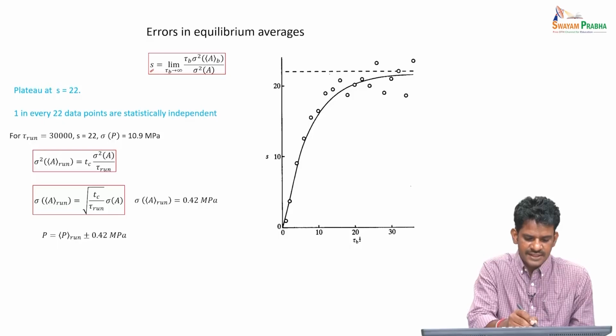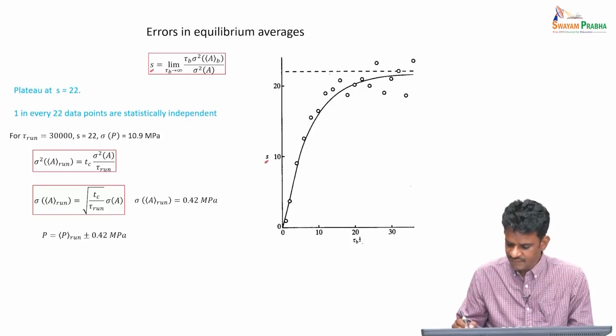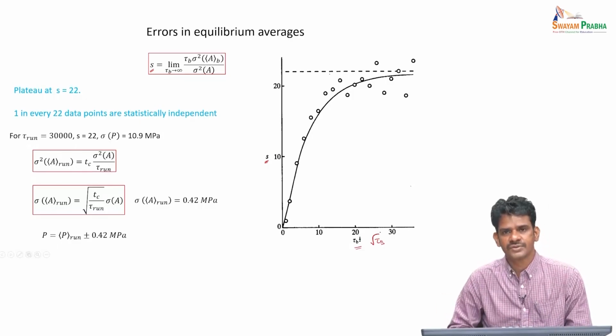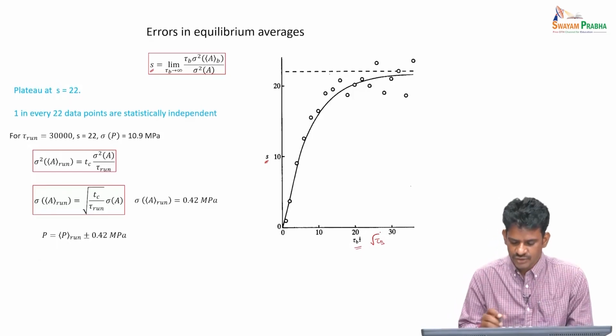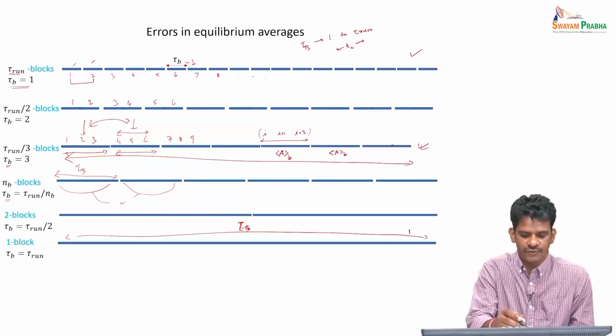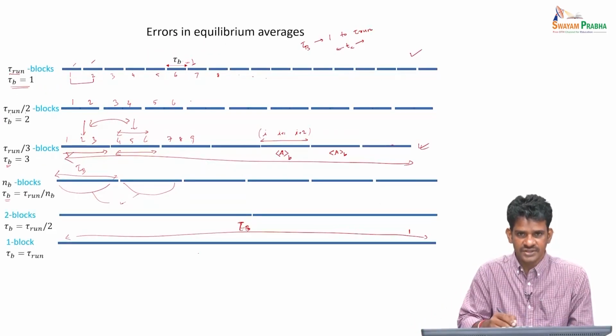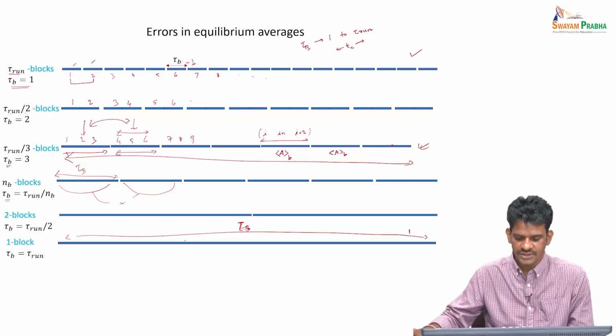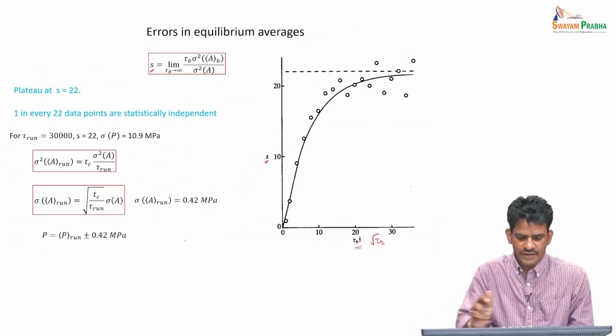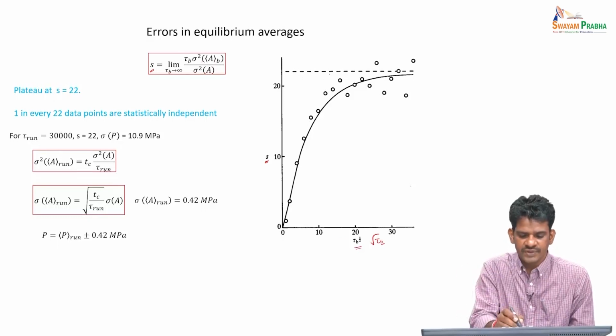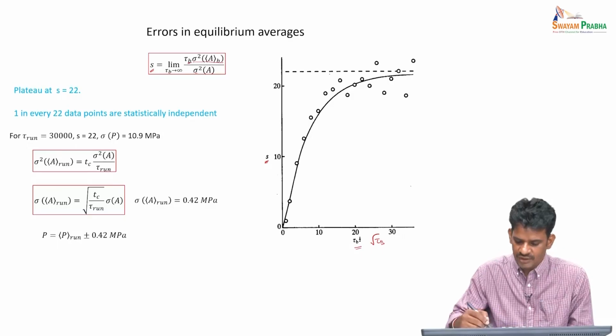So we define this statistical inefficiency S, and then we plot it. This can be plotted against tau b, but in this case it is plotted against the square root of tau b. It can be done with respect to tau b itself. We are choosing different tau b values, that is, as I said before, tau b is 1 here, 2 here, 3 here, and so on. For each blocking operation, we calculate the statistical inefficiency S, because for each we can calculate sigma square AB and tau b is known, and then you plot this.